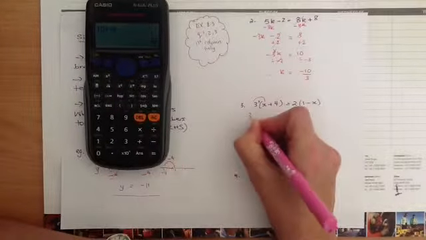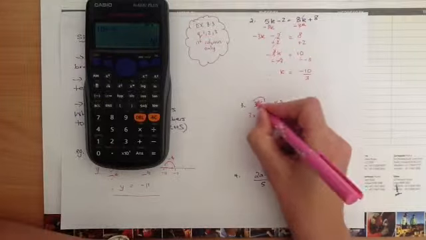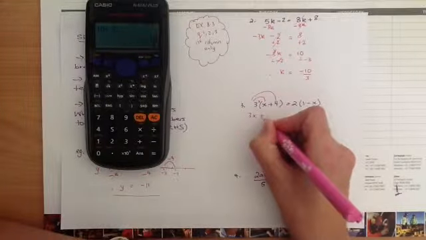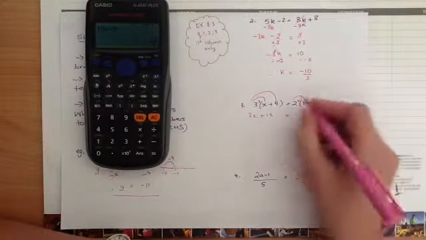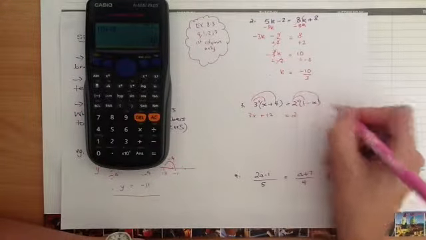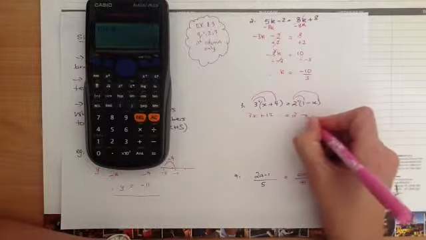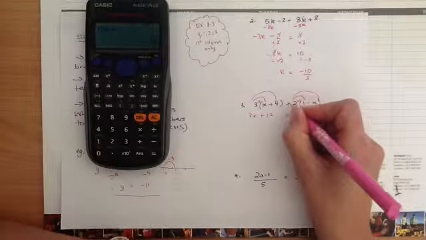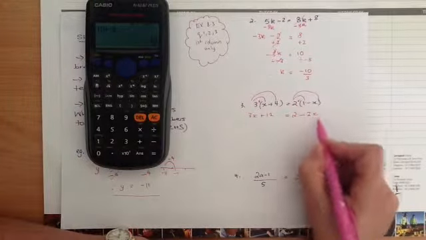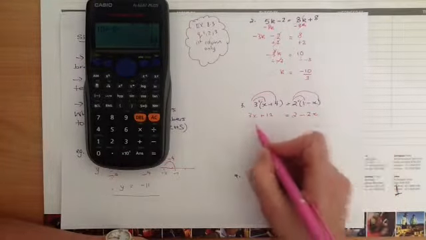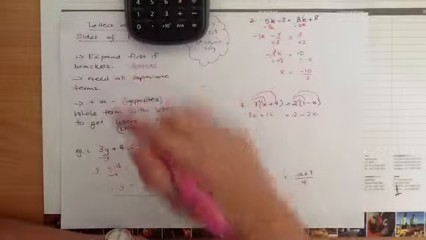3 multiplies by the x gives me 3x. 3 multiplies by the 4 gives me plus 12. 2 multiplies by the 1 gives me 2. 2 multiplied by the minus x gives me minus 2x. Sorry, just lining up your equal signs as we're going. Okay, 2x over here, 3x over here, need to get them both letters on the left-hand side, numbers on the